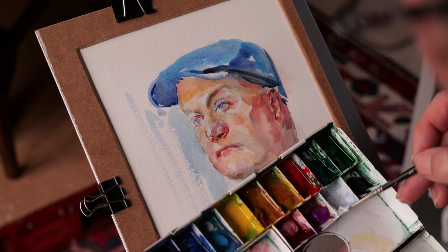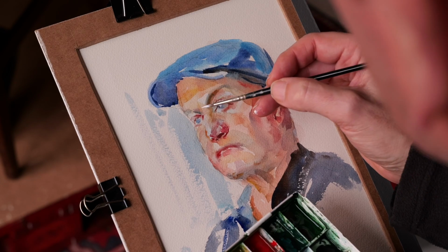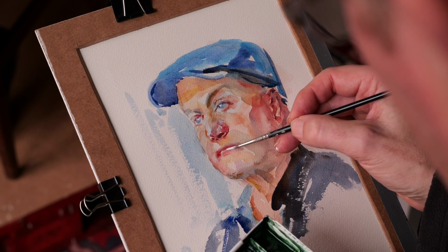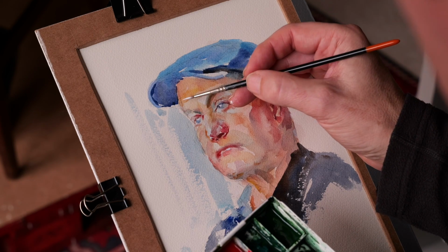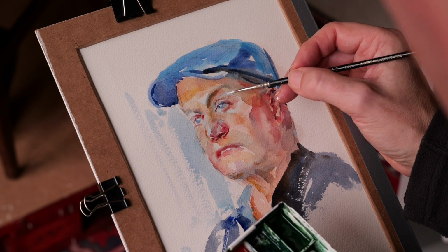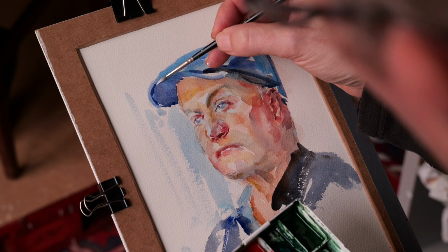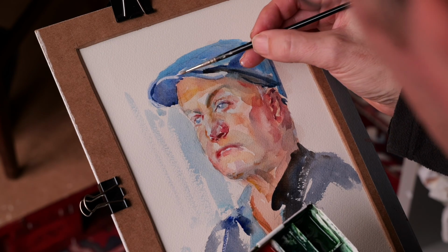Now a little bit of a touch of white for the eyes. On there. On there. That gives it a little bit more shine. Maybe up here. Trying to work it out. The white's a very important part, I think. It just brings out certain parts of it